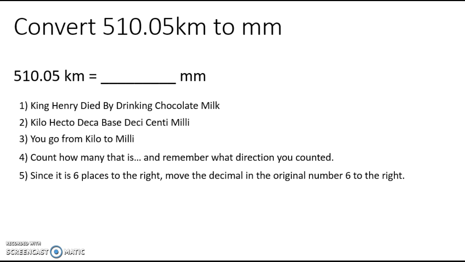Since it is 6 places to the right, you move the decimal in the original number 6 to the right. So you take this decimal and you go 1, 2, 3, 4, 5, 6. Everywhere that you moved without there being a number there already, you put a 0. Where your finger ends up, or your pencil or whatever you use to move the decimal, you then put the decimal place. So you get a number like this, 510 decimal